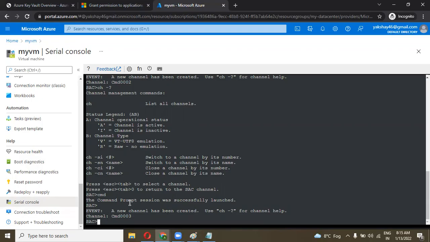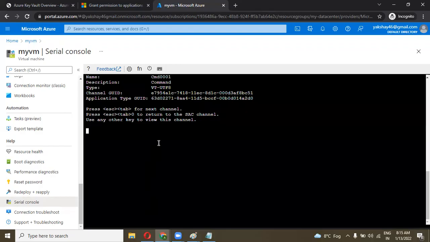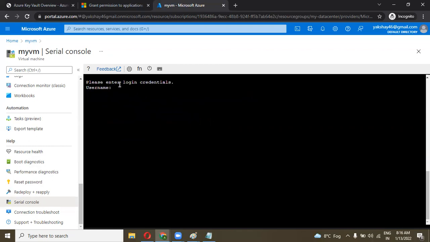If I want to move to that panel, I use another key to view this channel. Now it asks me for the credential. My machine username is Azure user. Let's enter this. It asks me for the domain. I don't have a domain right now, so I can leave it blank. Now it asks me for the password.